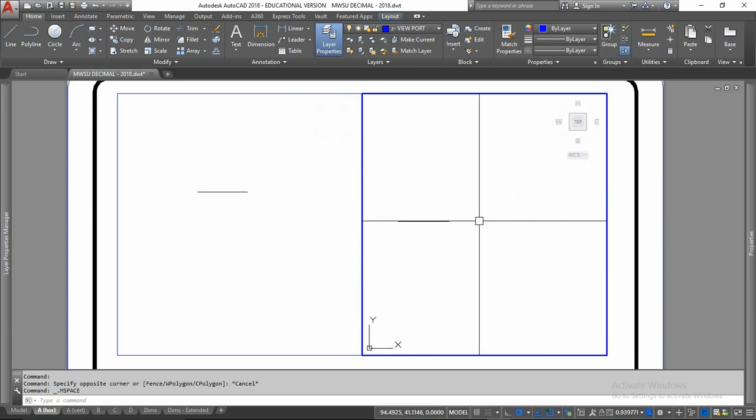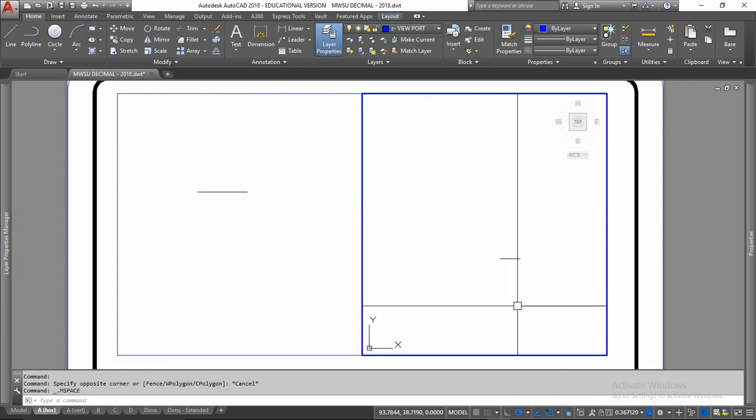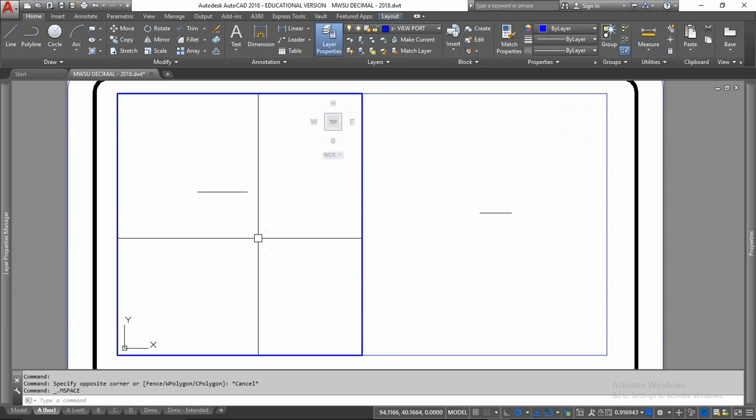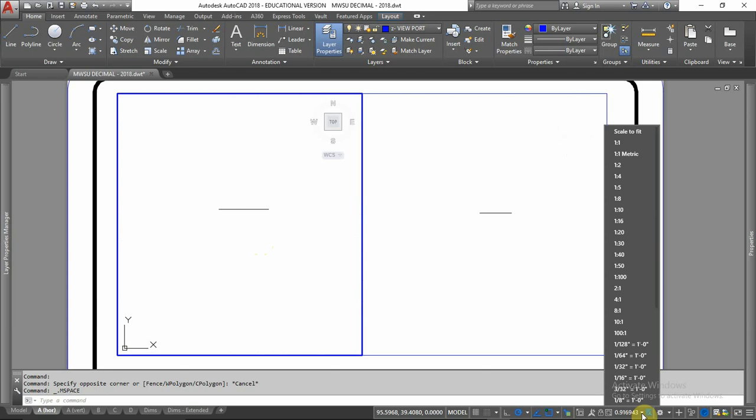Now I'll come over here and I'll kind of get in the same thing, and I see that now it says 1.4, zoom out, it goes smaller. Still not real sure what's going on here, but if I'm in this window here, and if I pop up the drop down, I see I have several of them here. Now you currently do not have this one-to-one metric. That's something I've created from a long time ago in other activities with my other class. But you do have scale to fit. You have 1 to 1, 1 to 2, down to 1 to 100, 2 to 1, 100 to 1, and